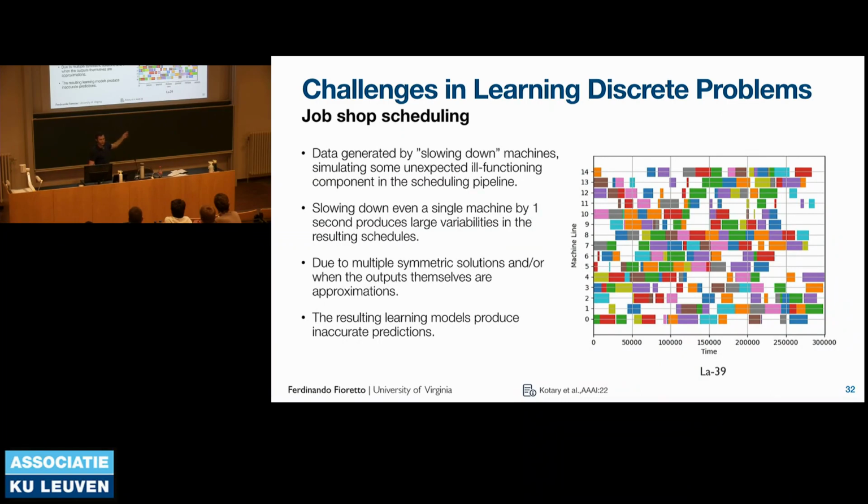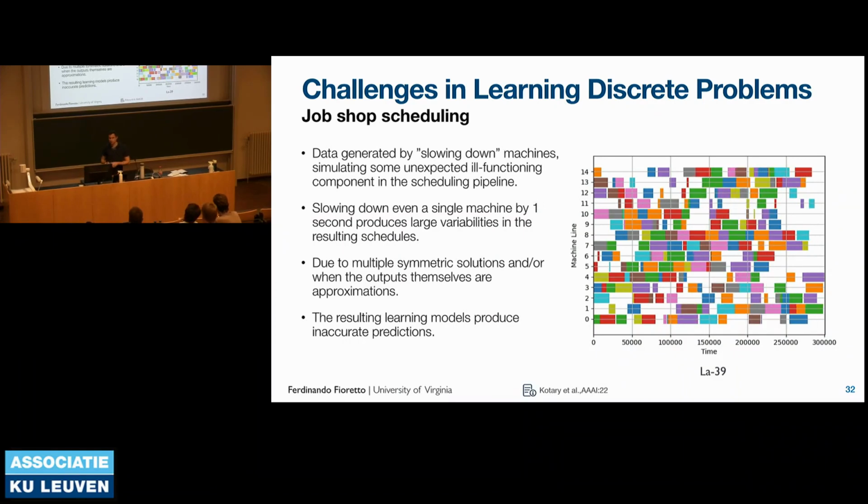What we're doing here is something similar to what we did for the power system scenario. We take some machines and slow down that machine one second at a time, simulating a malfunction, so that it takes longer for that machine to finish the production of a task. And what you can see is that even if you're just slowing down a machine by one second, you can see those task assignments jumping really rapidly. And this is why: when we're generating those solutions, we use CP Optimizer. You can't generate optimal solutions in a reasonable runtime.